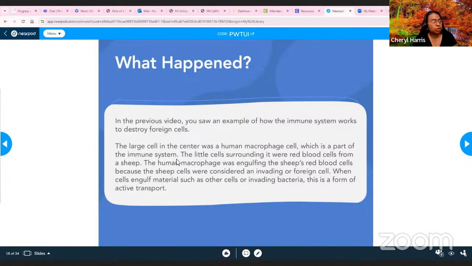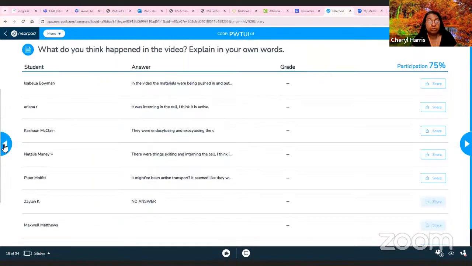Now, the question asks you, what structure would you need? You're going to need some enzymes that are going to dissolve this and break it down. And then once it's dissolved and broken down, it'll spit it back out. So that's exocytosis. So y'all need to learn those two words and recognize whether it's coming in or going out. So I'm going to show that video again